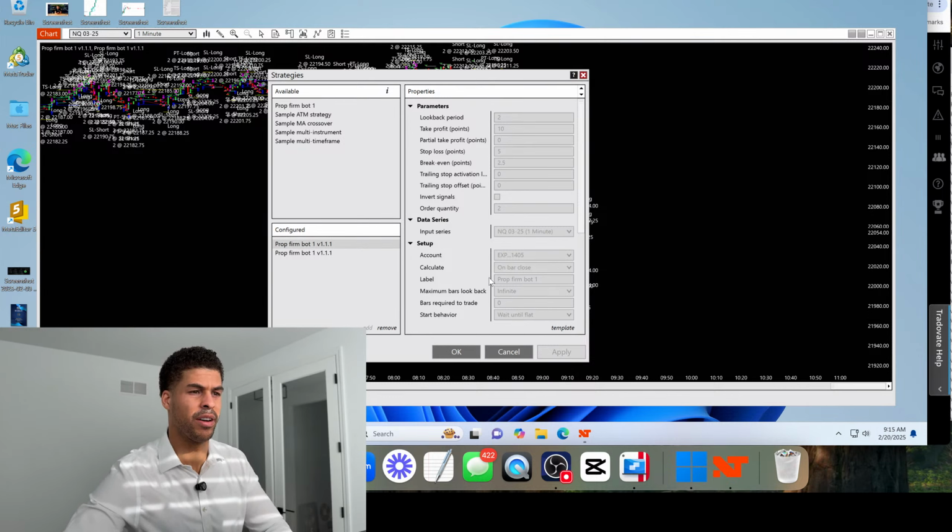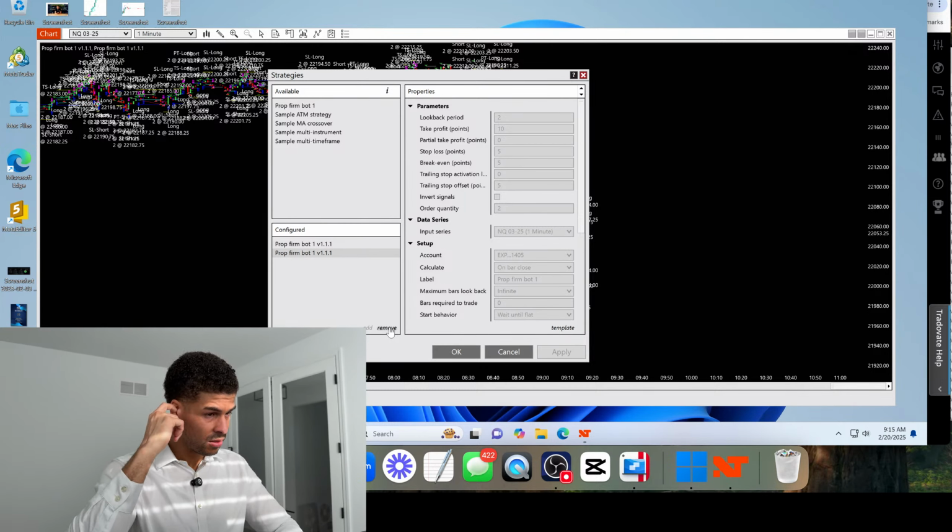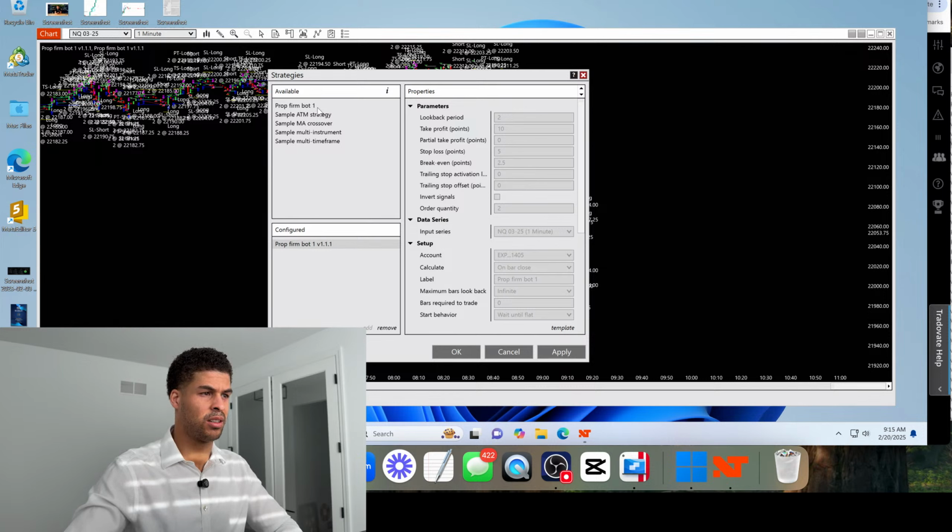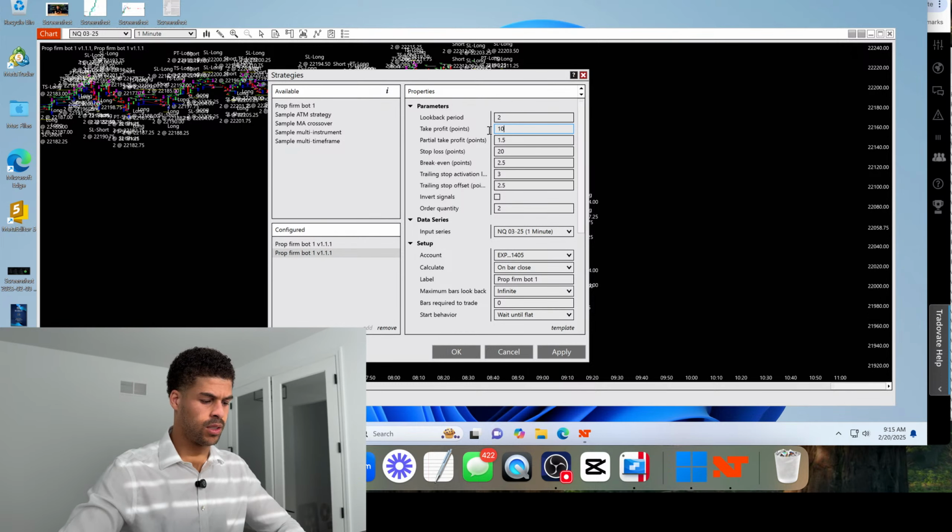Break even at 2.5 is fascinating to me. What if I move that? And partial take profit is going to be 0, 5. Break even at 2.5 is just fascinating to me. I'm not sure why that works as well as it does. What if I move that to just 2?